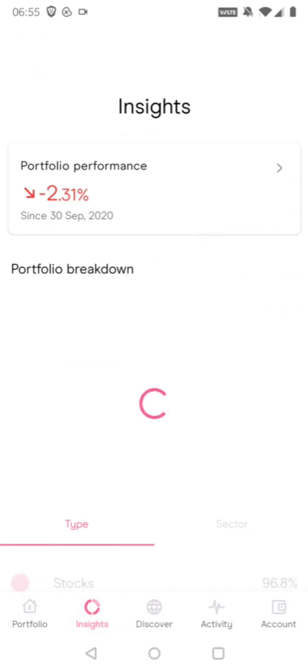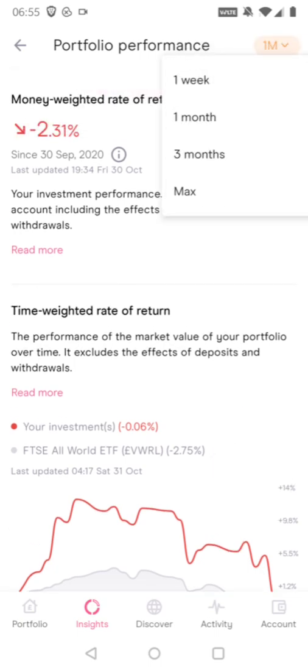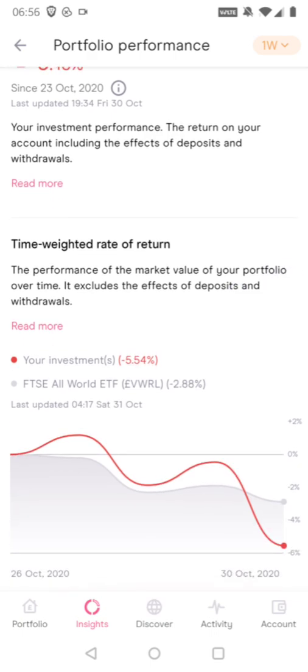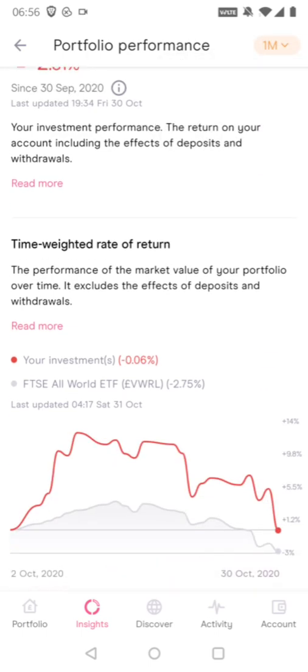Just taking a look at the insight and comparing how my portfolio has performed in the last 7 days or in the last few weeks or so. In the last week alone, my portfolio was down 5.54% in comparison to the FTSE 100, which was down 2.88%. So, yes, my portfolio took a bit of a dive, but when we look at that month chart, you can see that my portfolio was only down 0.06%